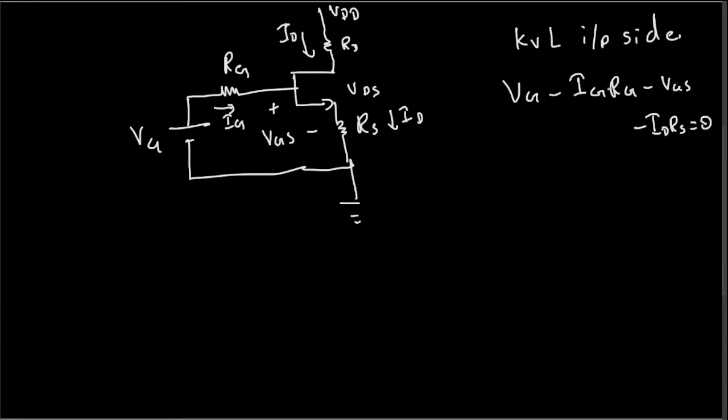We know that the gate current is 0, so this term will be gone, so we end up getting VG minus VGS minus ID times RS is equal to 0. From this one we can say that VGS is equal to